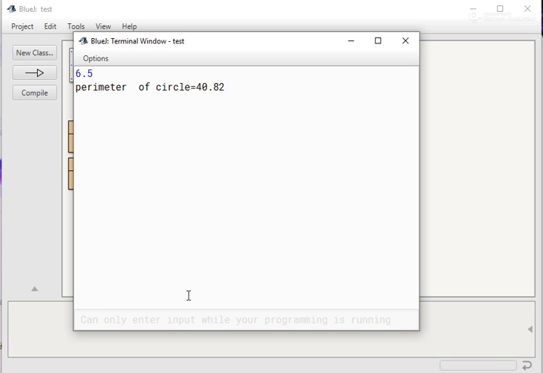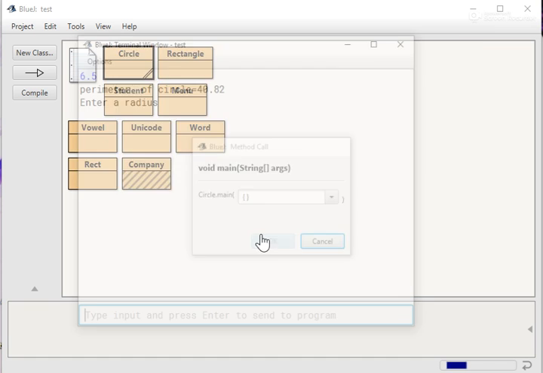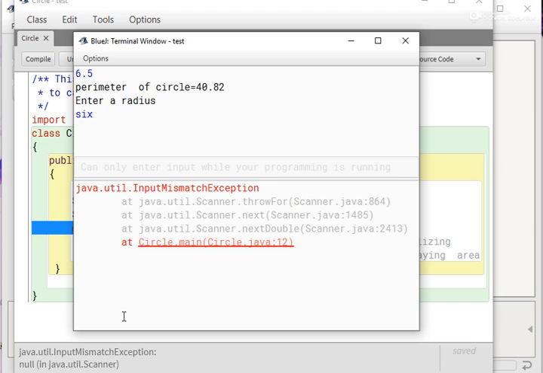It is correct. But again, if we execute this program and during runtime, for the value of radius, you type SIX instead of numeric, we have given 6 in letters. Now, after typing it, when we press enter, it will give an error, java.util.InputMismatchException. That means this is a runtime error that occurs due to wrong input.